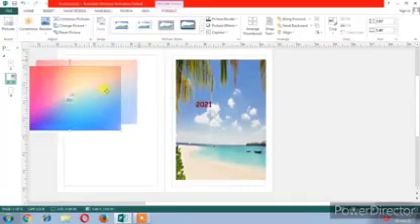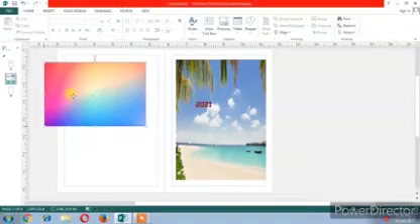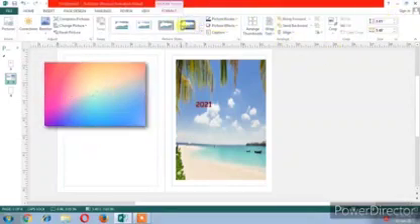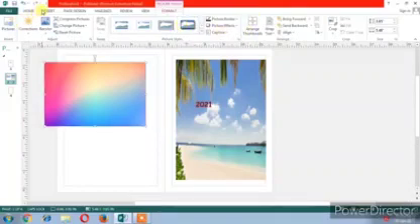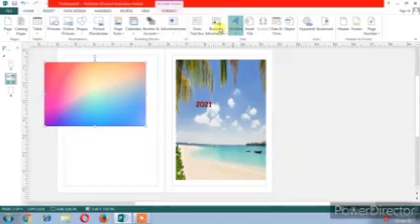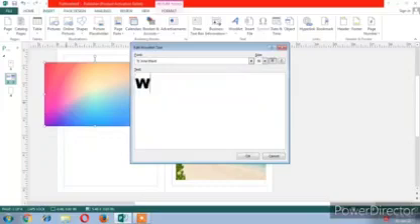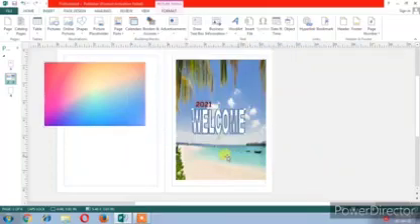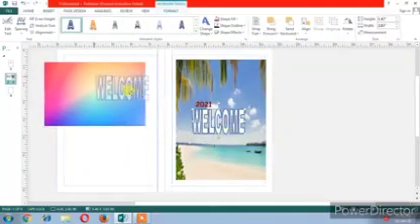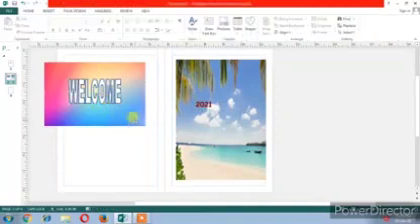We can add text by using the format tab under the drawing tools and locating the insert shapes group. You can edit the text, and you can also right click on the page and select add text. You can add the text. And one more method, you can use word art. You can choose the text option, select the word art, type the text, then click on OK. Automatically the text will be applied on the screen using the word art option, decorative text.